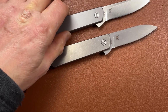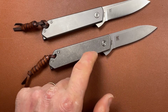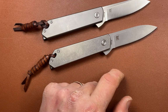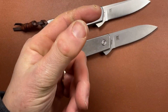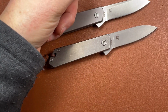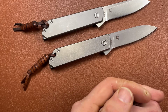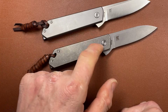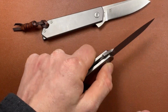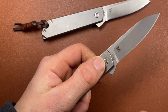He also changed it internally, in that the detents in this knife are on this side of the blade, and in this knife they're on this side of the blade. And that means that when you're folding the knife, in this one you're pulling the blade out from the detent arms, which are holding it, pinching it like my finger and thumb there at the back, and they're holding the back of the blade, and you're pulling it out of that. And in this one, they're at this side of the blade, and you're pushing them open down the way. And that produces, for the same strength of spring, a much stronger detent. And that, I think, is good, because it actually is slightly lighter on the opening, but it's really quite tough on the closing. And that's really what you want, because you don't want this knife to just...